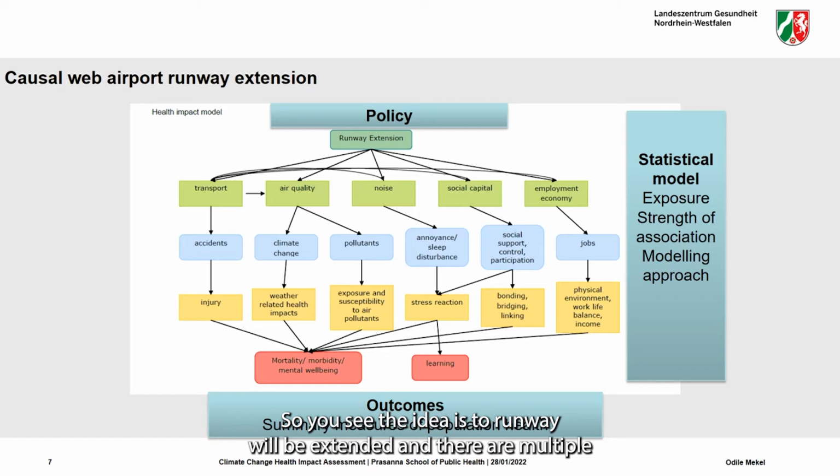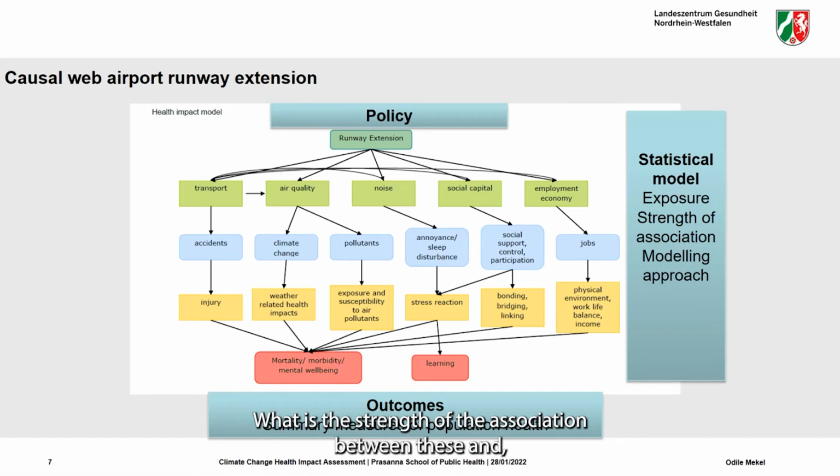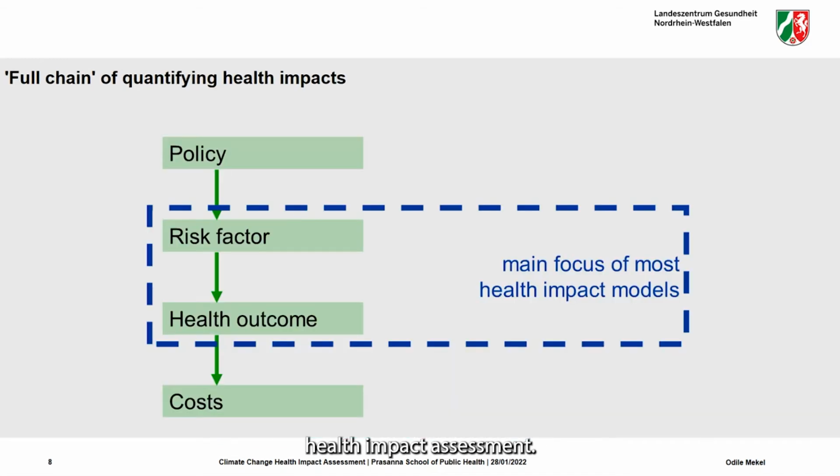So you see, the idea is the runway will be extended, and there are multiple determinants of health that you can consider. You need to think about how the exposure is in all those blocks over here, what the strength of the association between these is, and which modeling approach I can use in here. Most of the models that are used in quantitative health impact assessment use,